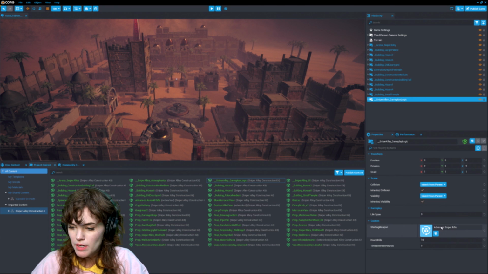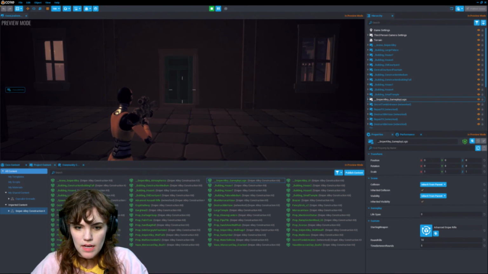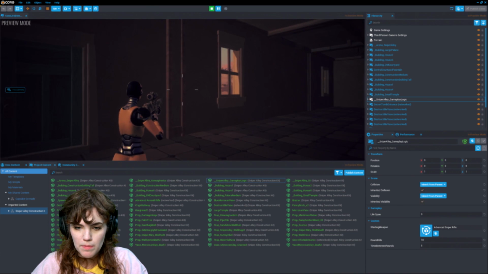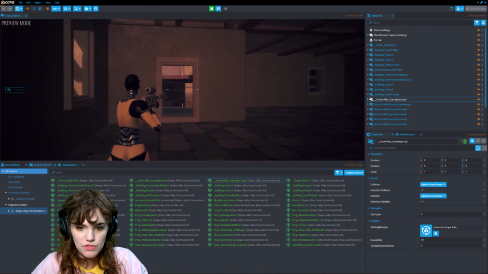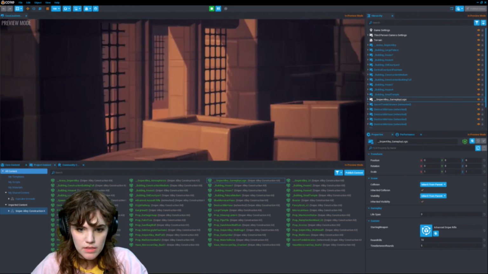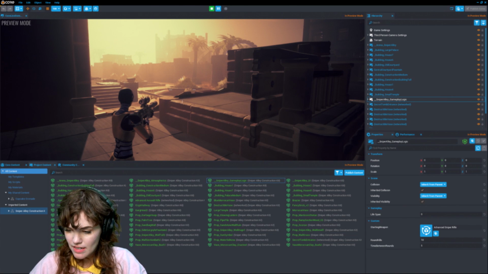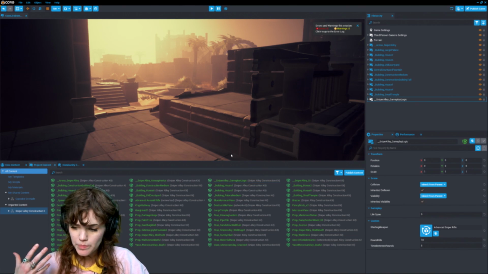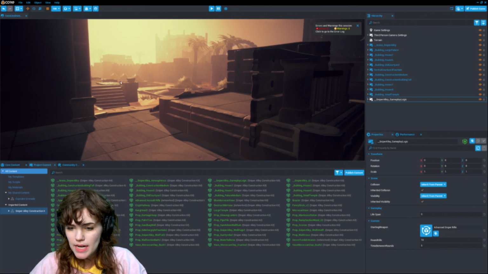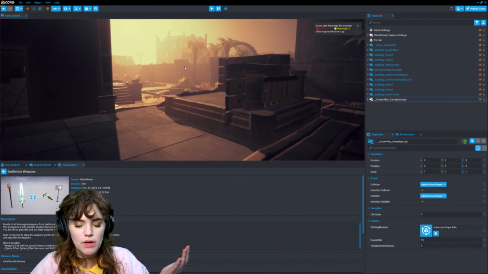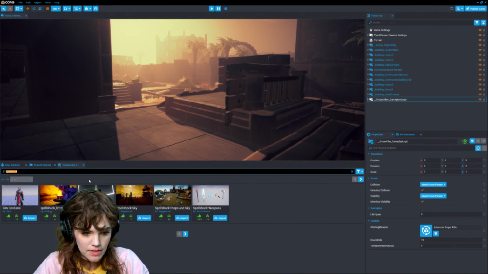Right now we have our starting weapon, which is an advanced sniper rifle, and if I press play, you can see I have a sniper rifle equipped. We have zoom, we have a reticle. The reticle is also kit bashed from different UI objects. Sound effects, so nice. We also have round kills, time between rounds, all of that is exposed and easy for you to edit. Let's say I don't want this to be Sniper Alley, I want it to be something else. Like what if I wanted it to be,